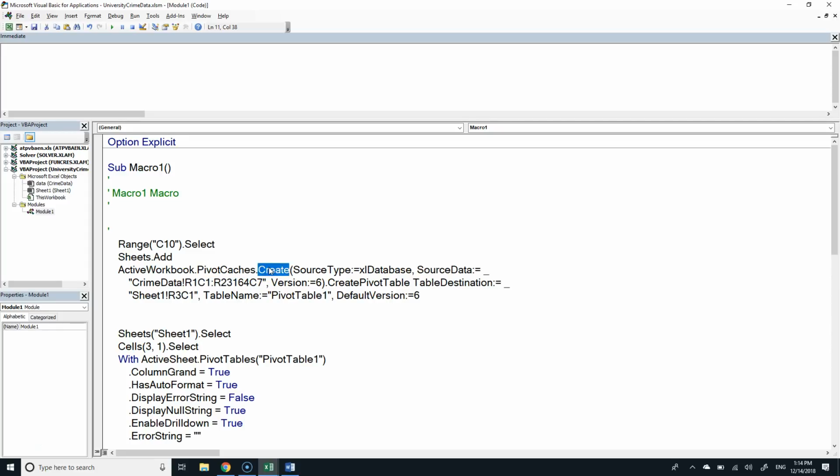So this statement says we're creating a pivot cache. What is a pivot cache? A pivot cache is an object that holds the data in such a way that it's easy to make a pivot table from it. If the only place we ever made pivot tables from was data in Excel, there probably would not be a pivot cache, because the data stored in Excel is pretty easy to build a pivot table off of. But the other place we can build pivot tables from is a connection to a database or to a web page.